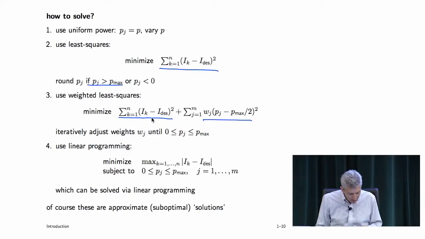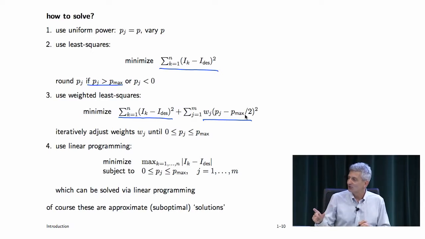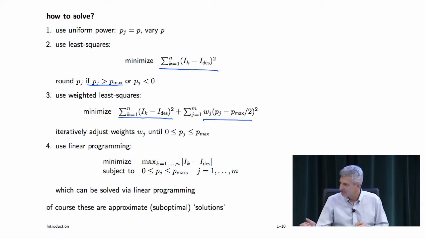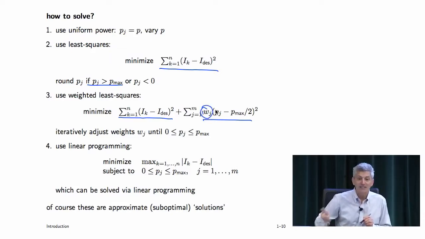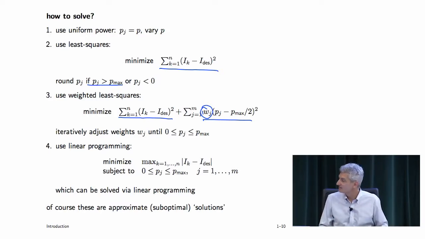You augment the objective by adding in this. This says, I want my lamp powers to be right smack in the middle of the interval that they're allowed to be in, which is 0 to Pmax, right? And so the point is here, these are like weights. That's a little knob I can turn. And if I crank up a WJ super high, what happens? PJ gets to Pmax over 2. I mean, nearly, right? Okay, but in particular, as I'm turning that knob, at some point PJ gets in the acceptable interval, right? So for these W's high enough, you get feasible.